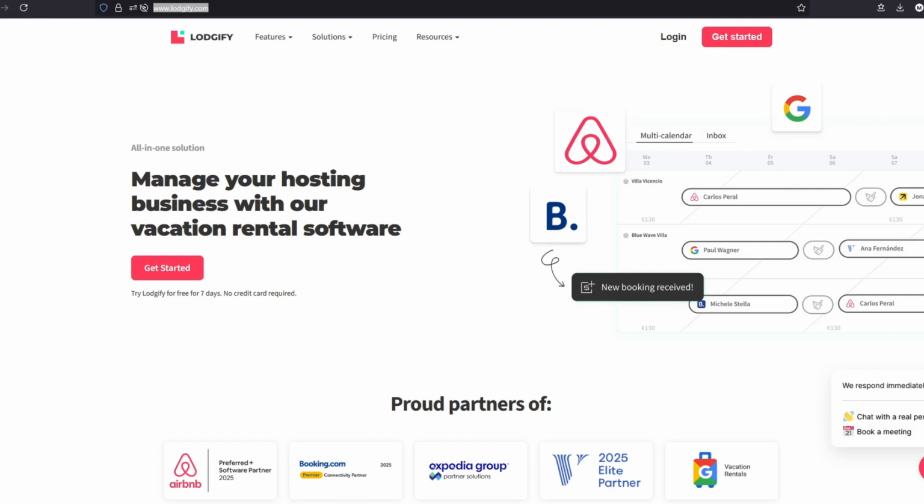So, let's talk about Lodgify, a platform designed specifically for vacation rental owners and property managers. If you've ever felt overwhelmed trying to keep track of bookings, calendars, and guest messages across multiple platforms, Lodgify is built to simplify that chaos. In this guide, we'll start with a detailed review of Lodgify, its features, pricing, strengths, and weaknesses, so you know